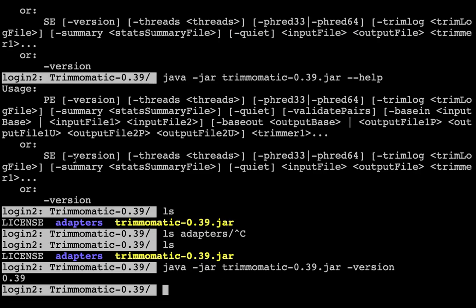So single end, and then Phred 33, and then just the input FastQ file. This .fastq and .fq is the same thing, and output .fastq, and then remove TruSeq adapters, so clip adapters, and then remove leading bases based on some quality and trailing bases based on some quality, and then clip the read based on some base quality, and you can just go to the manual and it's going to tell you exactly